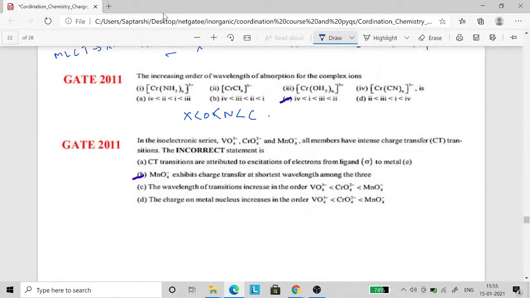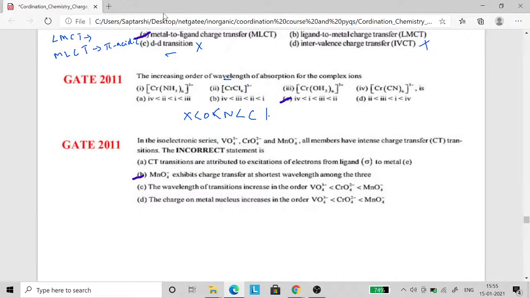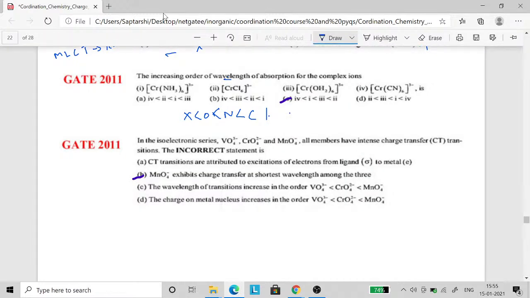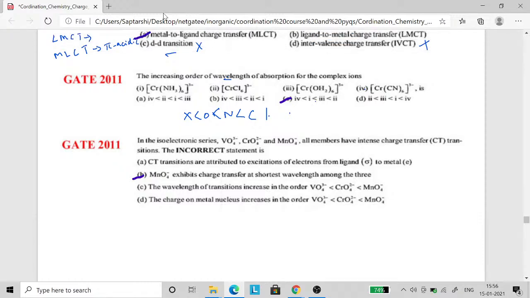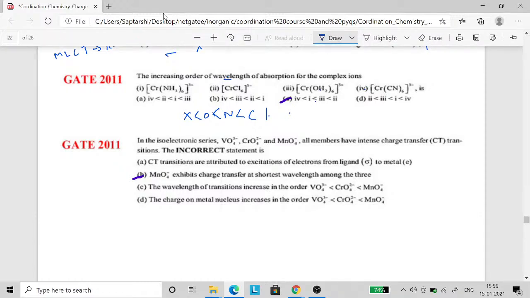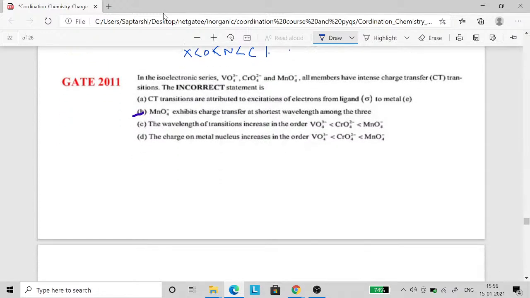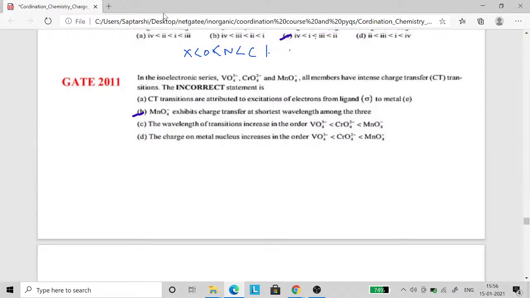So it's saying the wavelength. This is actually for the energy, the wavelength will be opposite. So this will be the lowest, then it will be the ammonia one, then the aqua one, and then the X one. So that's it. And the next one, isoelectronic series of this VO4 3 minus, CrO4 2 minus, MnO4 minus, all